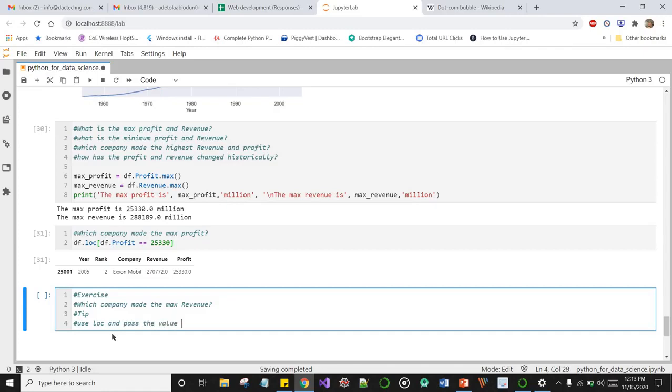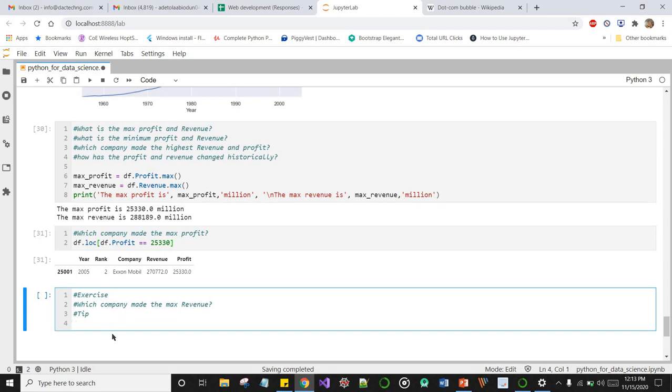The maximum revenue we have is 288,189. Okay, so use loc and pass the value into it, and compare. I think I'm already giving you guys the answer.